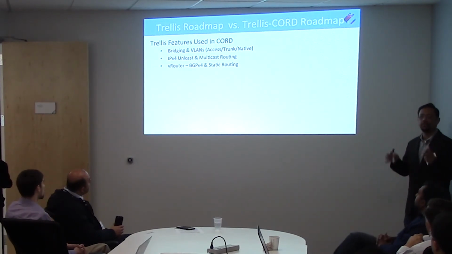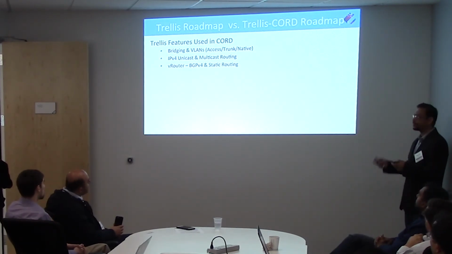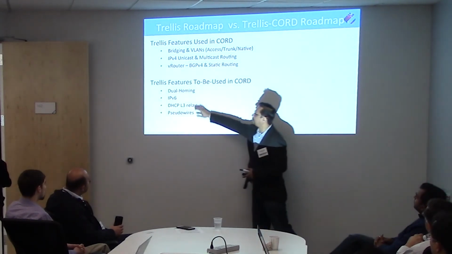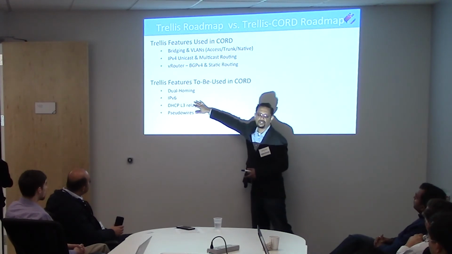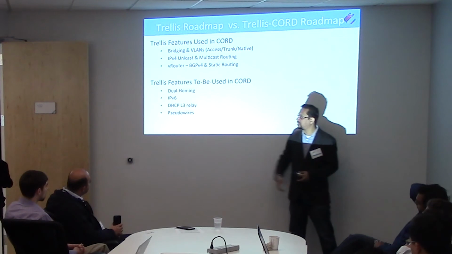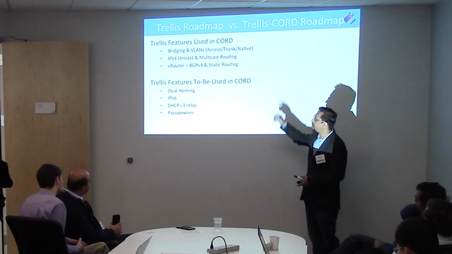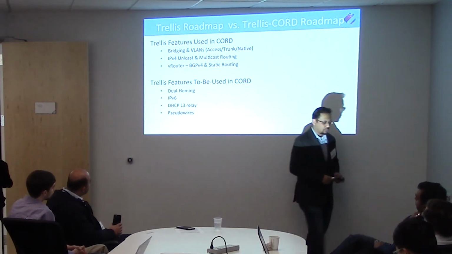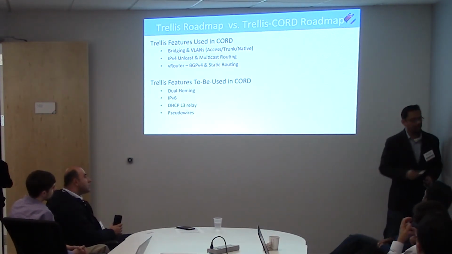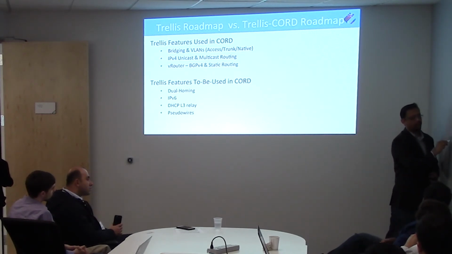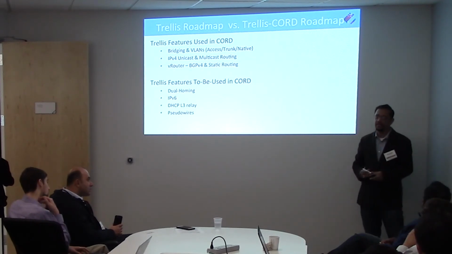But as I said, you can also use Trellis outside of CORD, and there we support a number of other features right now, like dual homing, IPv6. CORD is not IPv6 ready, but Trellis is. The DHCP relay, that's coming actually into CORD soon, and the ability to support pseudo wires, because in some cases, this is an IP routed network, but you have to take Ethernet traffic all the way from the customer to some other point. For example, in eCORD,